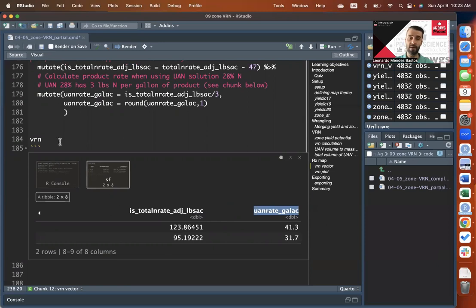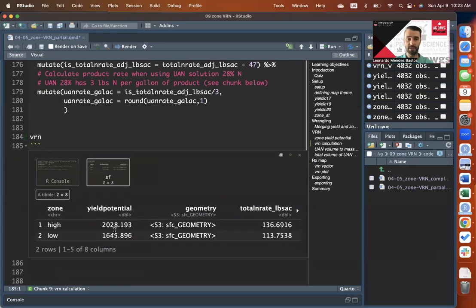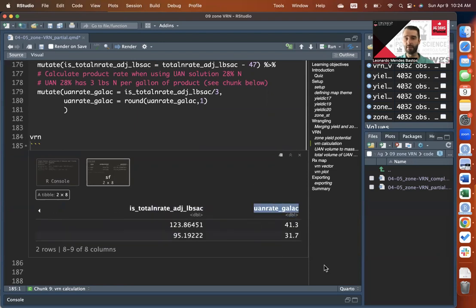So this information right now is in the vrn object, which again is this one that only has 2 rows. And really what we need here is to merge the other object that has 4,032 rows with this one, basically using the common column zone. So it's going to use this column here to make the join. And really what we're after at the end is just this rate here. So we could do a join, we could do a case when. So there are a few different ways that we could get to this, but I want to show you by